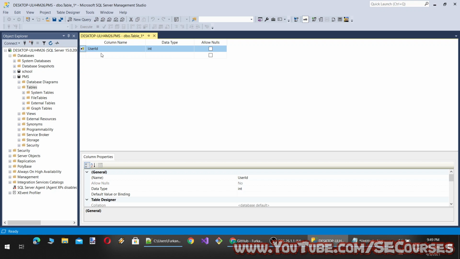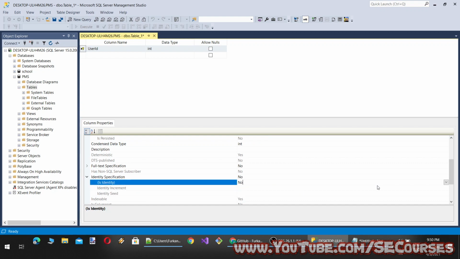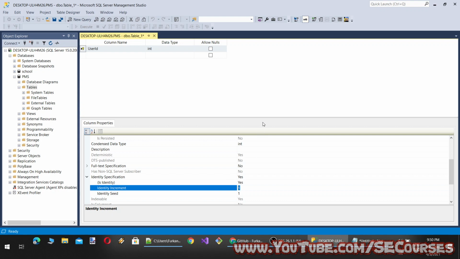So this will be a primary key, but not only primary key, I am going to make it also an identity key. Its seed will be 1 and its increment will be 1. So for each record I add to this table, it will start from user ID 1, and each time it will get increased by 1. So I will show you that in a moment.